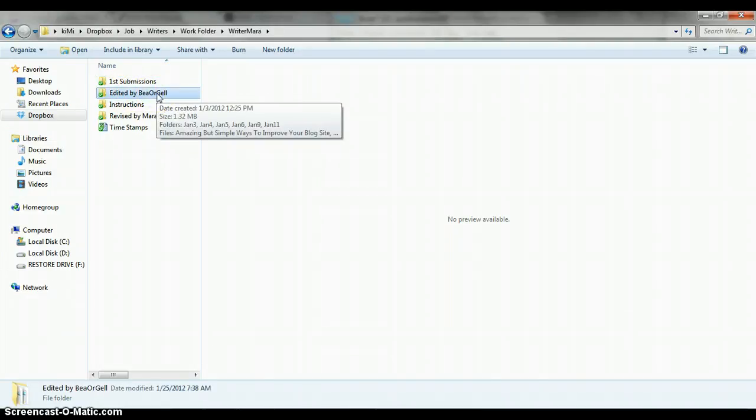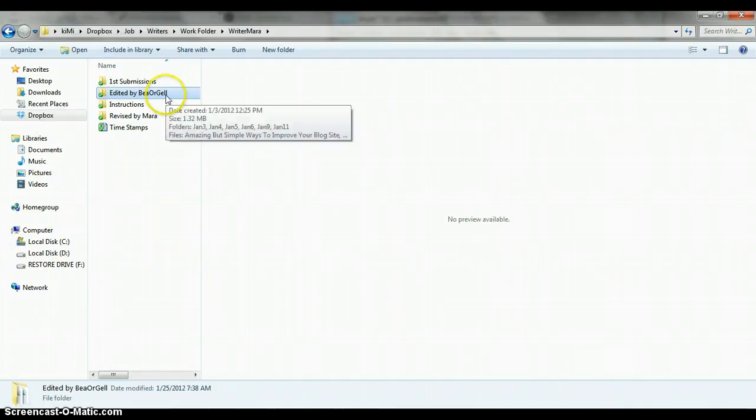And once you see that an edit has been made, there will be pop-ups. If you notice in Dropbox, if there's a document added or updated, you will see a pop-up box somewhere here, so that you will know that something has been added or updated. So if you see that something has been updated in your edits folder, go ahead and edit that right away and see the comments especially,